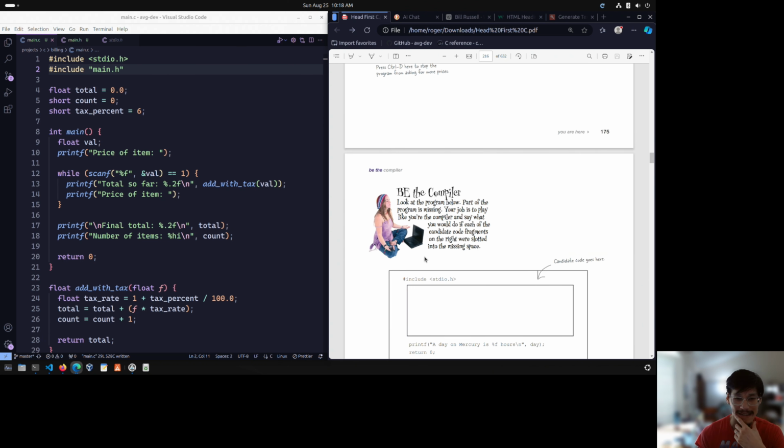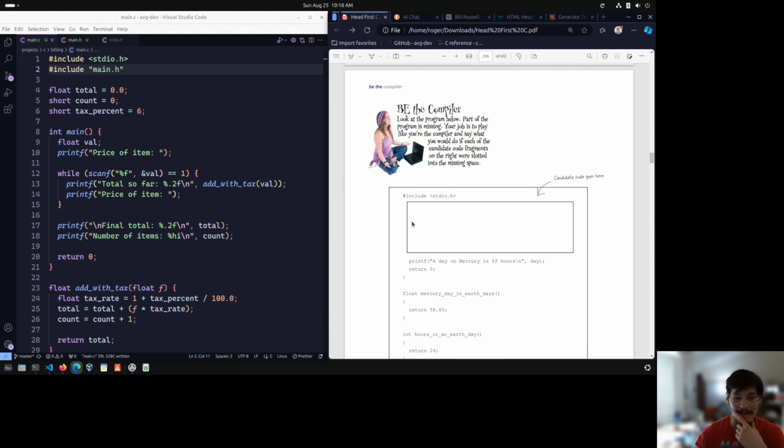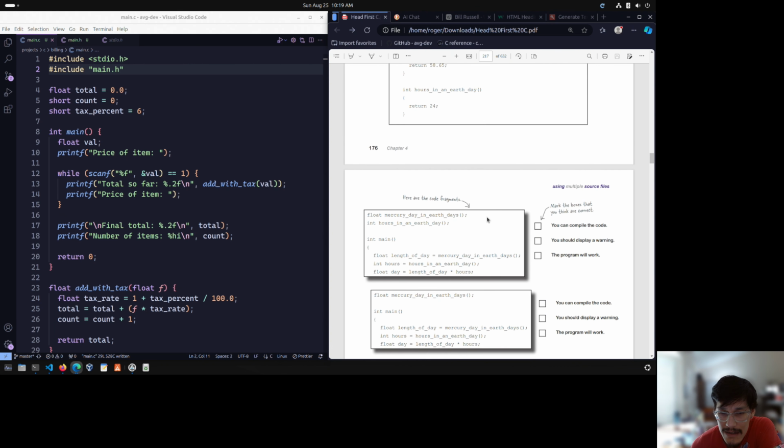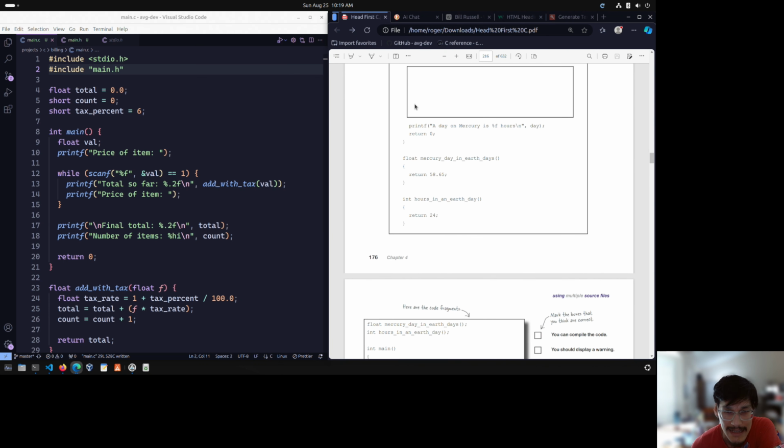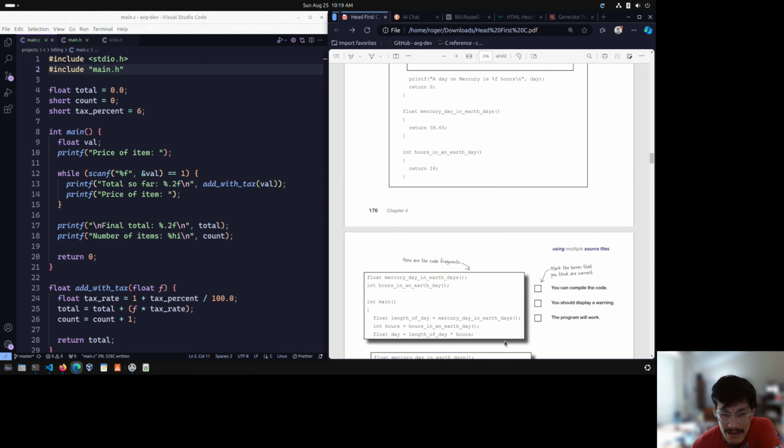So be the compiler. Look at the program below. Part of the program is missing. Your job is to play like you're the compiler and say what you would do if each of the candidate code fragments on the right were slotted into the missing space. Okay. Oh, okay. Got it. So given this, will this compile, will it be problematic? Stuff like that. Okay,